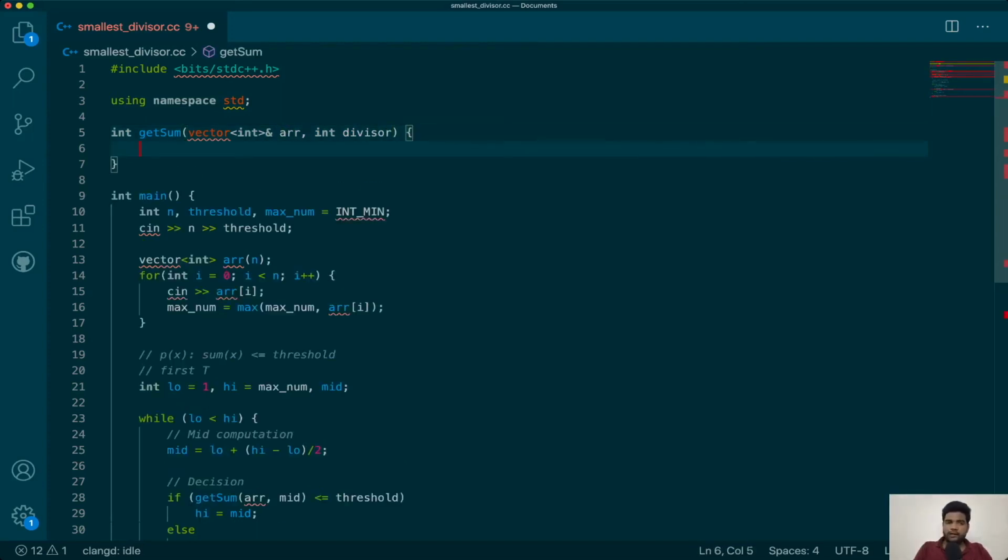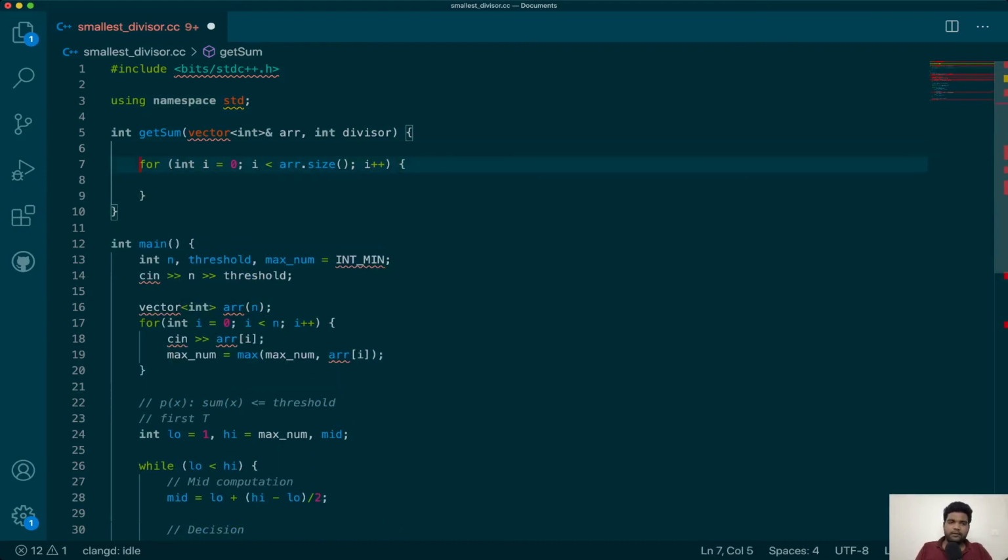So I will run a loop, and I will keep computing the sum by dividing. I have a sum which is 0 to begin with, and I will take the ceiling of the division. What is the division? Array i upon the divisor, and I will return the sum.